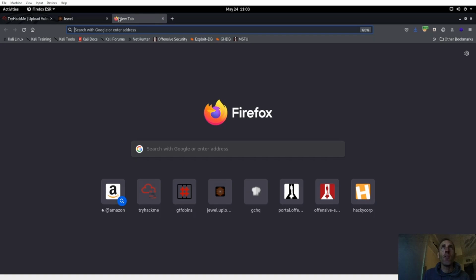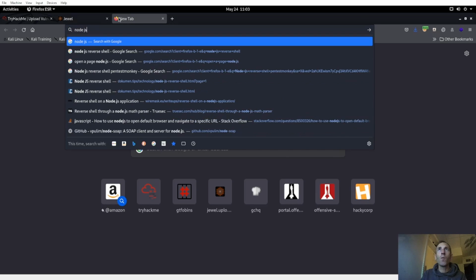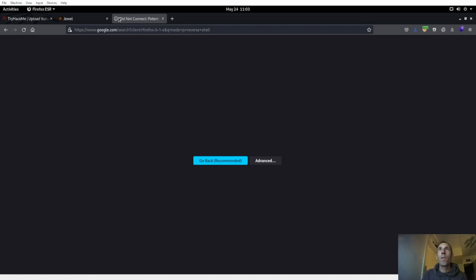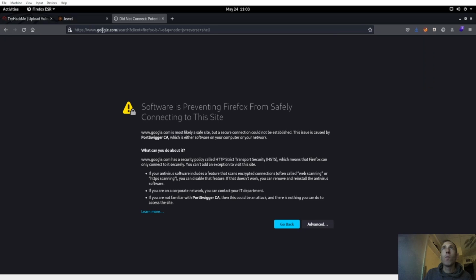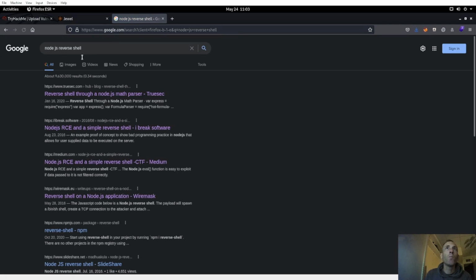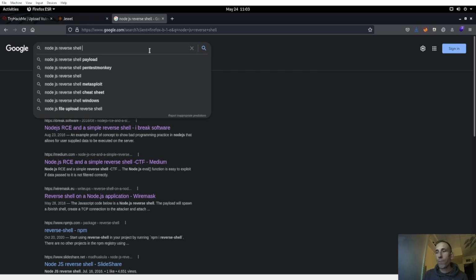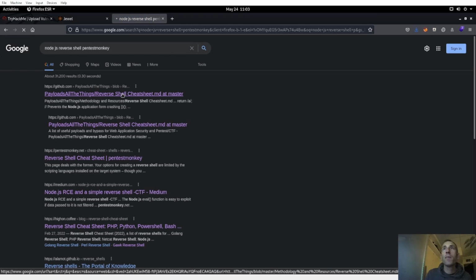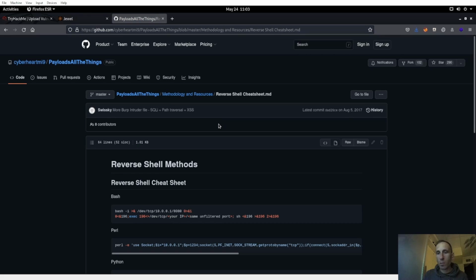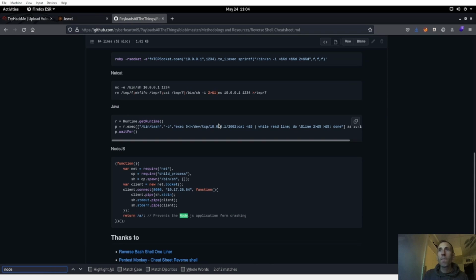How do we get that Node.js file? Let's look up Node.js reverse shell. Pentest Monkey has some, and that's the one that I used. There's also PayloadsAllTheThings, and if we look up Node.js, here's the one that I use, right here. I just copied and pasted that,